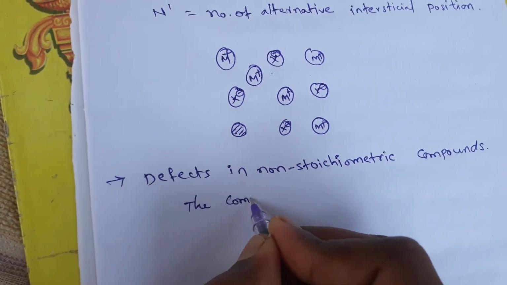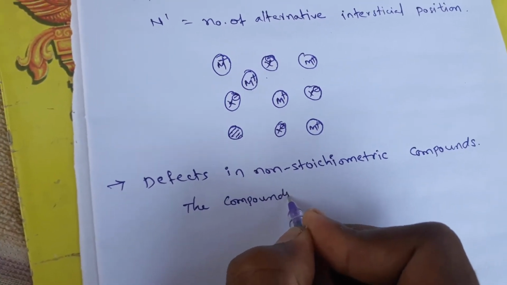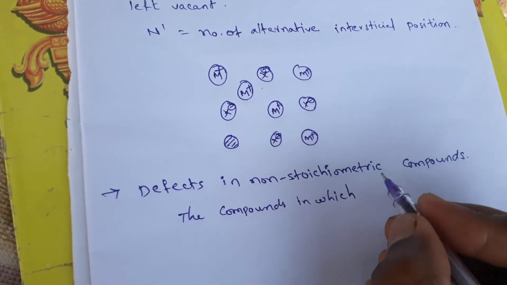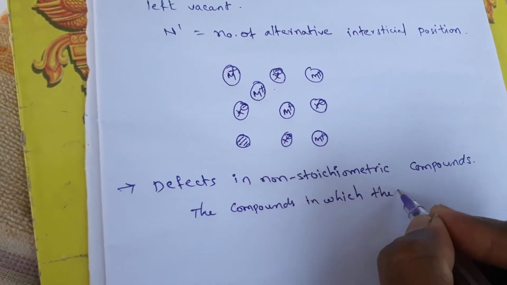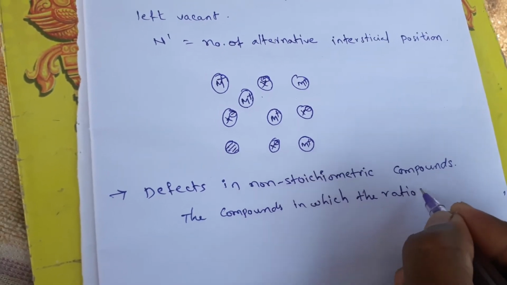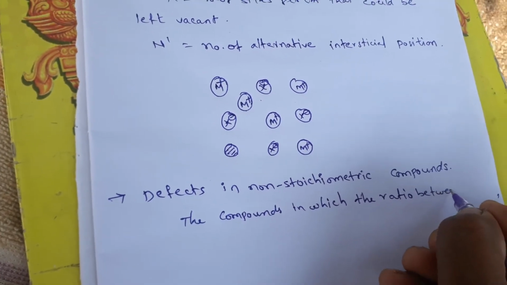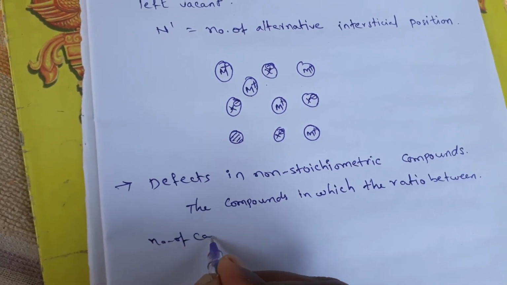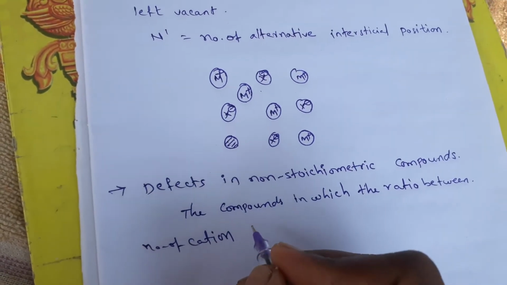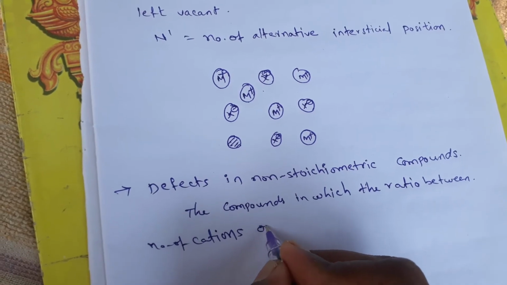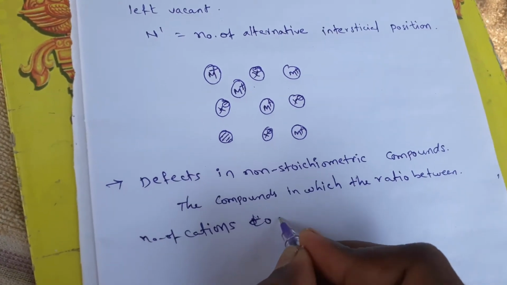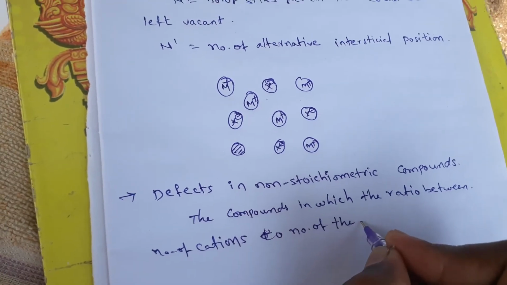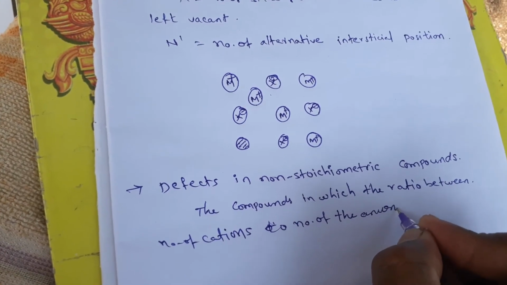The compounds in which the ratio between the number of cations to the number of anions